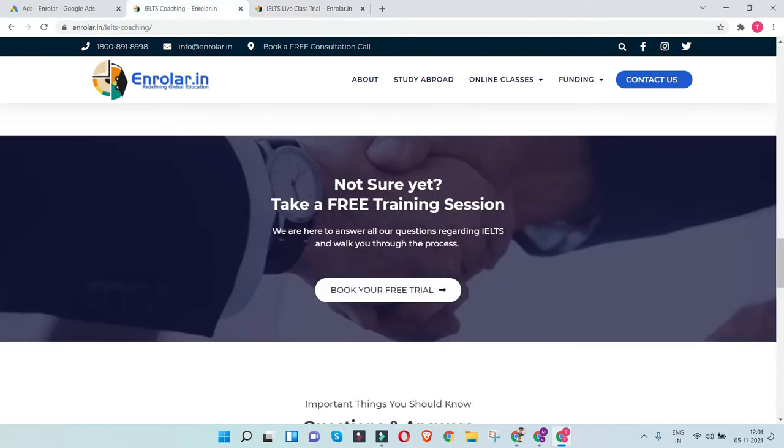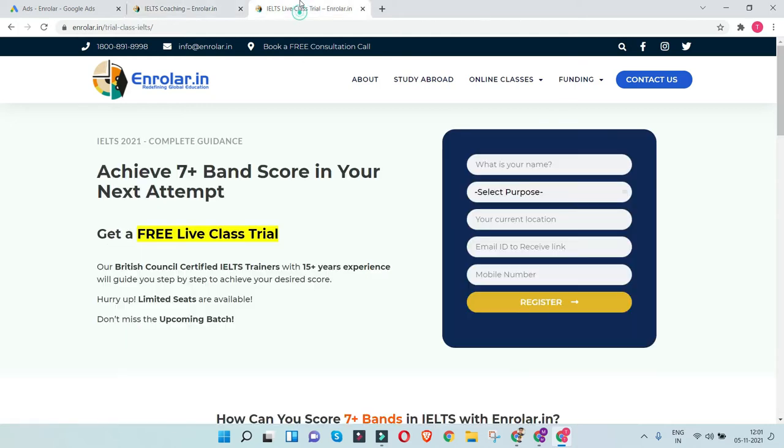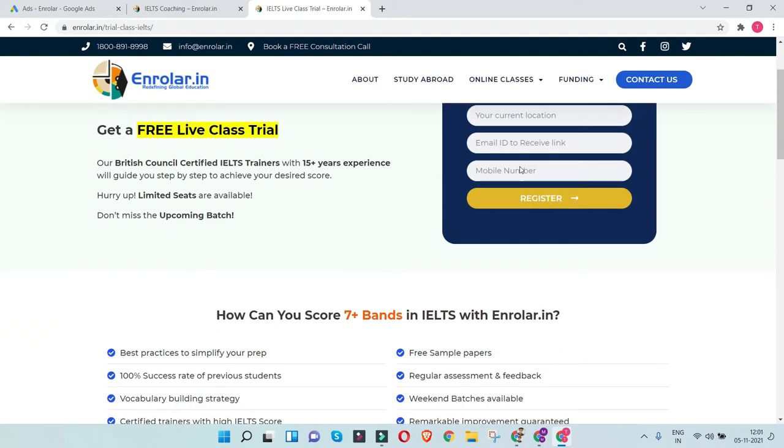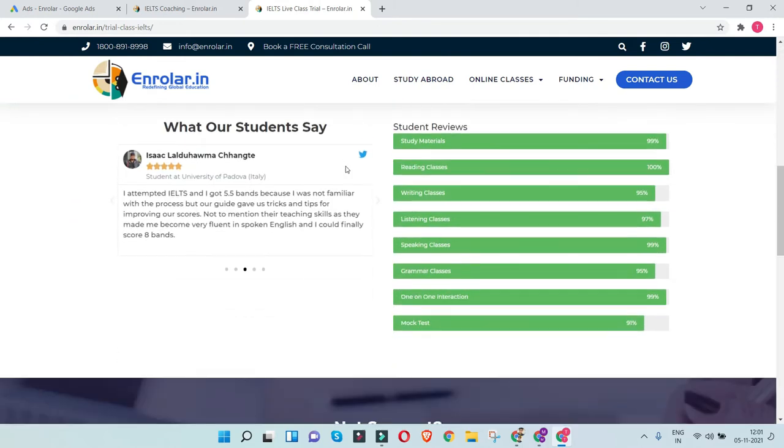Now if you look at the difference between these two landing pages, the first landing page talks all about the quality of this particular course, the quality of this particular training program. And if you look at the second landing page, it primarily talks about the same, but it's trying to give you a quick action item in the very beginning of your journey. So the moment you land on this landing page, you get this action item, you get this registration form over here. So using these two landing pages, you can also do quick A/B testing to see what kind of communication is actually helping the user.